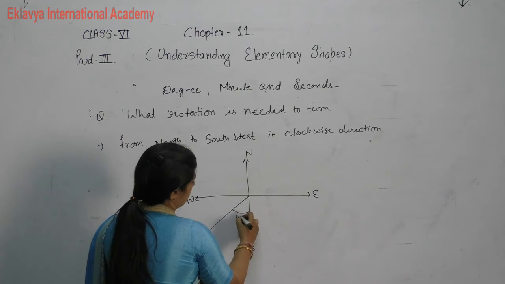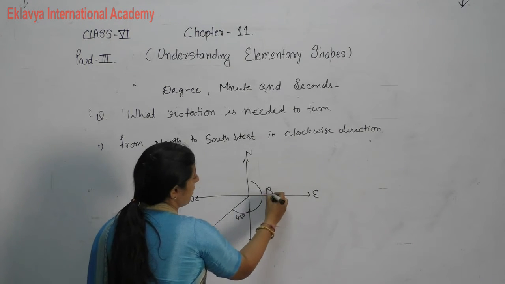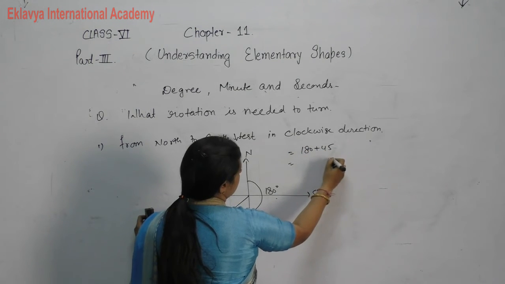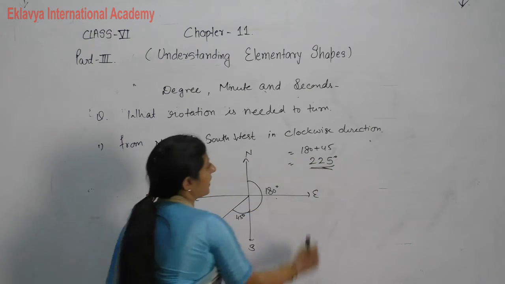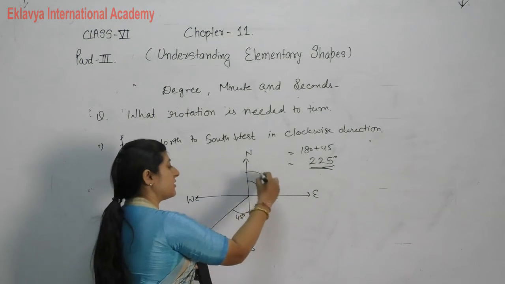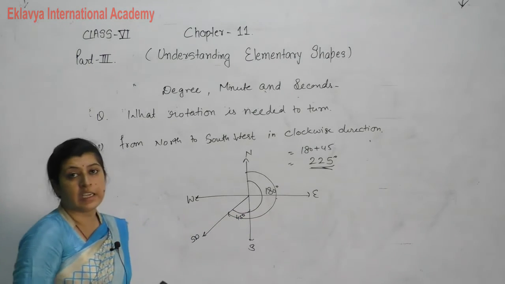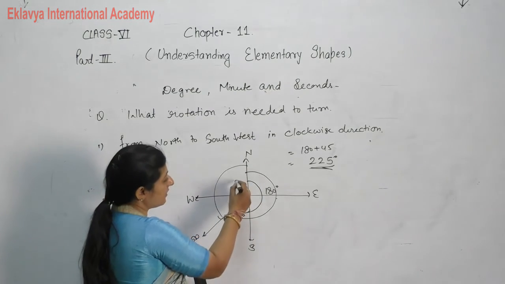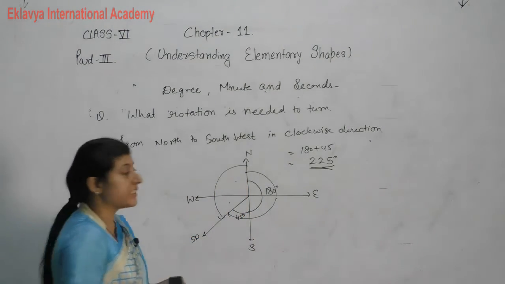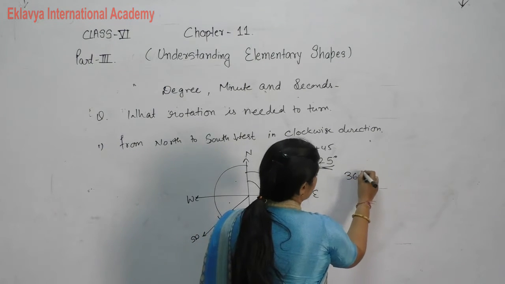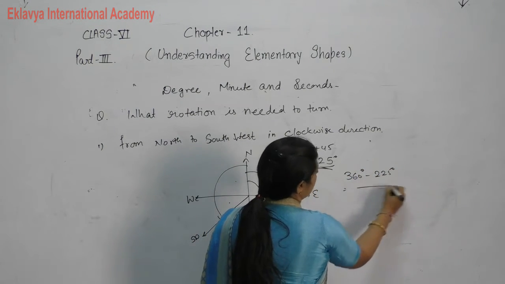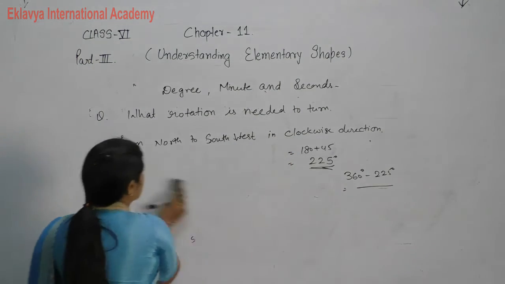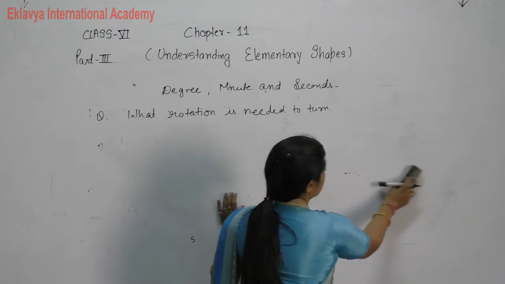We know that this angle is equal to 45 degree. This one is 180 degree. Then what is the angle? 180 plus 45, 225 degree in clockwise direction. So, that is why we take this one clockwise. If we want to find the answer in anti-clockwise, then we will take 90 plus 45, that is 135, or you can find out like this also, 360 degree minus 225 degree. Then you will get the same answer, if we need it in the counterclockwise direction.